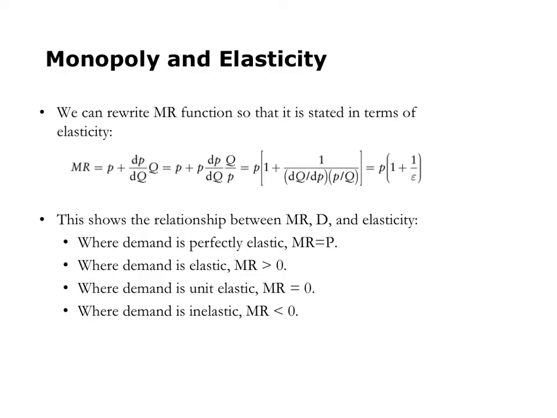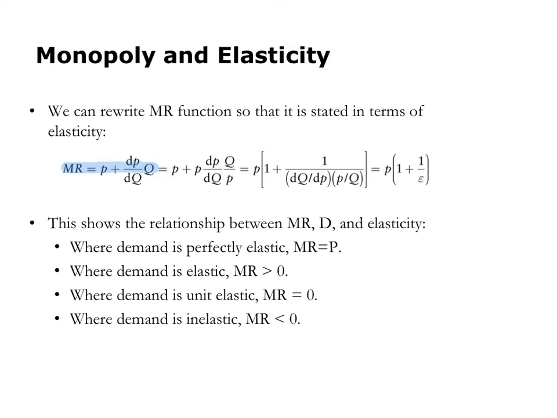To do this, we're first going to return to an equation presented and described in the Monopoly profit maximization video. This was the equation for marginal revenue. A key in understanding this equation is remembering that when the law of demand holds, dP/dQ is negative. Therefore, one of the major takeaways from this equation is that marginal revenue for the monopolist is less than the